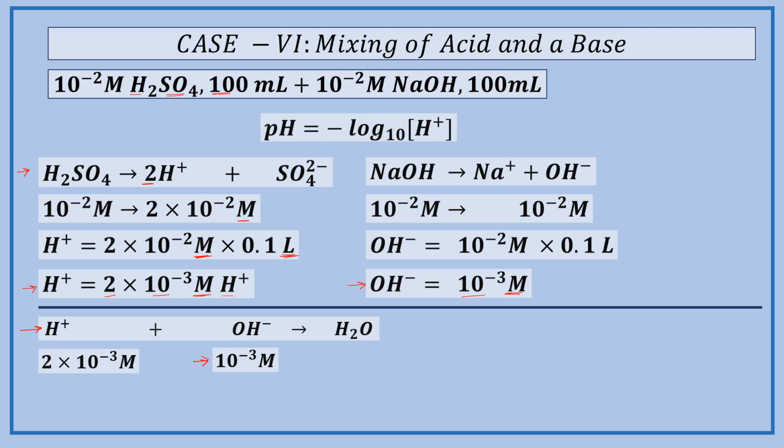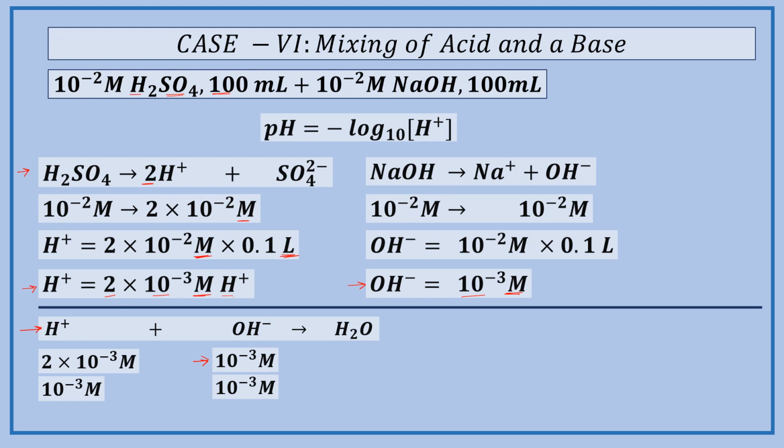So 10 to the power minus 3 molar OH minus ion is going to be neutralized by 10 to the power minus 3 molar H plus ions. So 10 to the power minus 3 molar H plus ion will neutralize 10 to the power minus 3 molar OH minus ion,